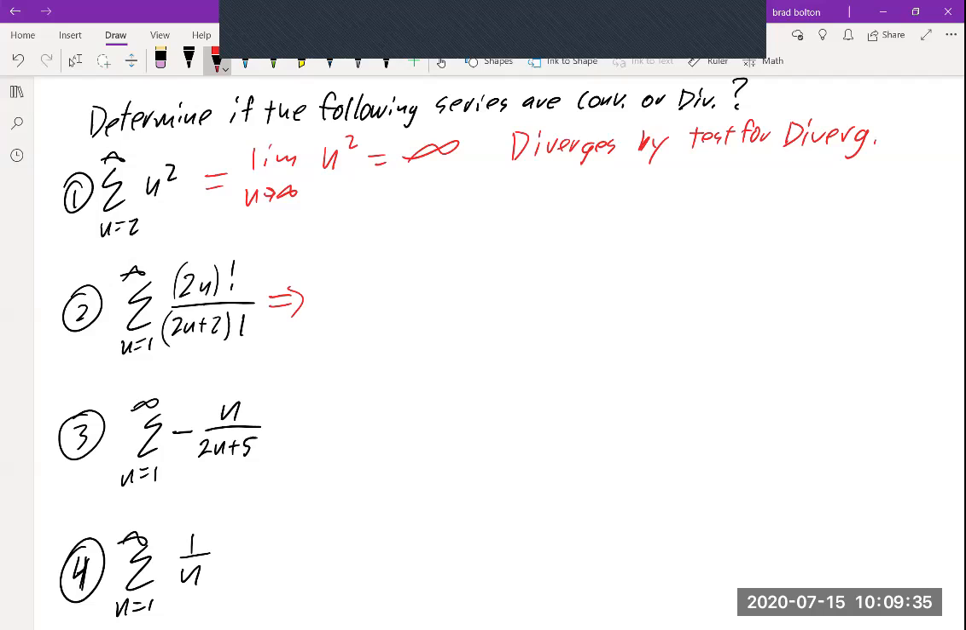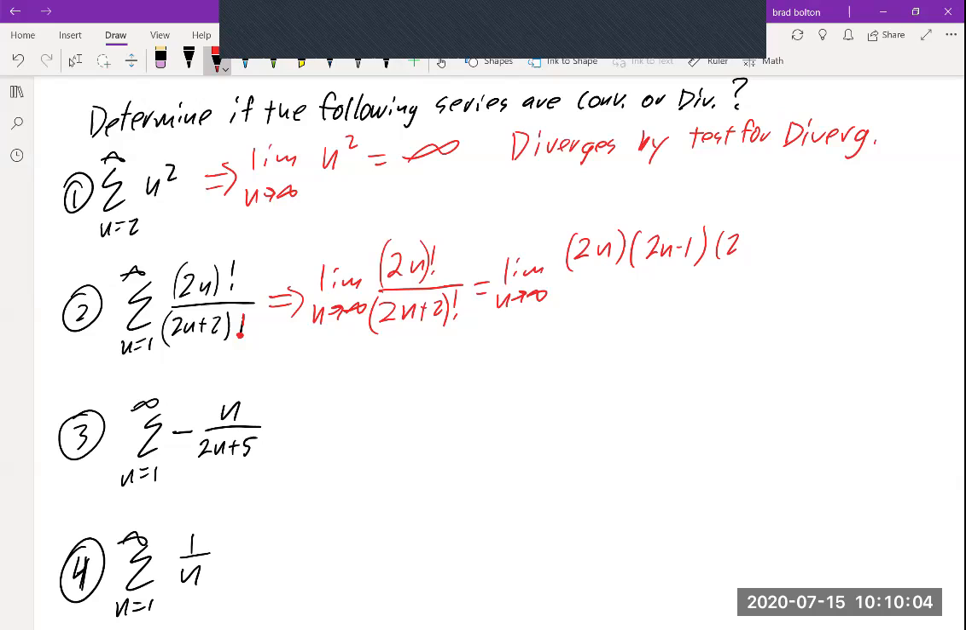Now this one, let's take the limit as n approaches infinity of 2n factorial over 2n plus 2. This is supposed to be a factorial, by the way. I just wrote it back. 2n plus 2 factorial. Well, that will be the limit as n approaches infinity. Remember, factorials, sometimes it helps to write them out. So let's see here. 2n times 2n minus 1 times 2n minus 2, so on and so on. This would be 2n plus 2 times 2n plus 1 times 2n times 2n minus 1, so on and so on. So all of these would cancel with all of those, and we would be left with